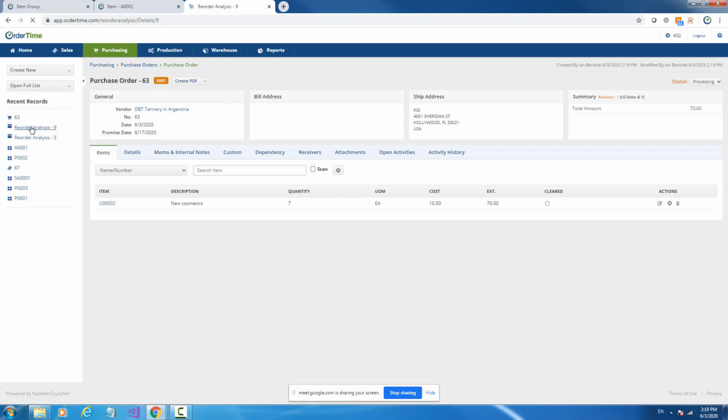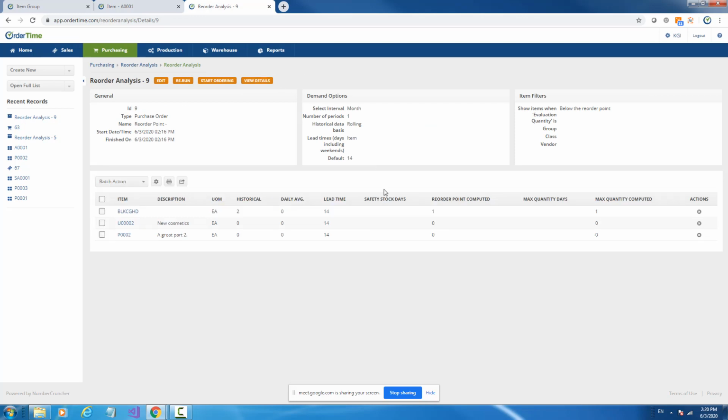Now the other part of the reorder analysis is called Recalculate Reorder Points, and this gives you kind of a tool that you can manipulate here. And this daily average is really small. I don't use this feature that often, but if we're going by our calculations here, you see that's basically the daily average of 2, the lead time, the safety stock,